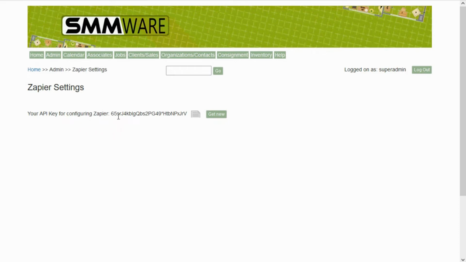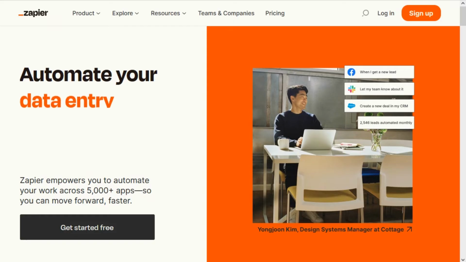When you first set up this integration, this will be blank. You'll click on Get New, and then Yes, and it'll give you an API key. Then you click on Copy to Clipboard. And for now, we're just going to let that sit in our clipboard. From here, we go to Zapier. You'll sign up for an account,